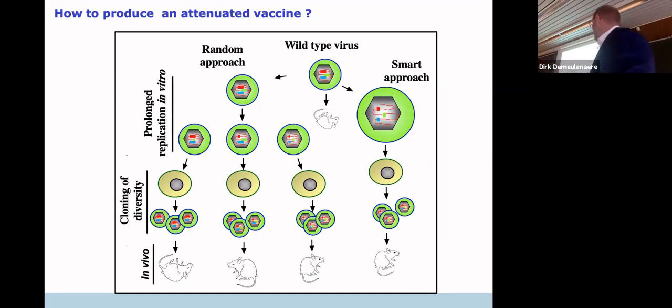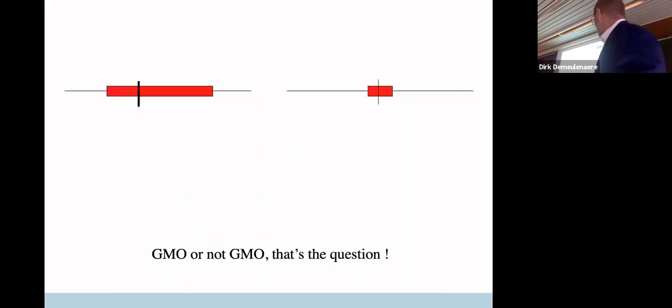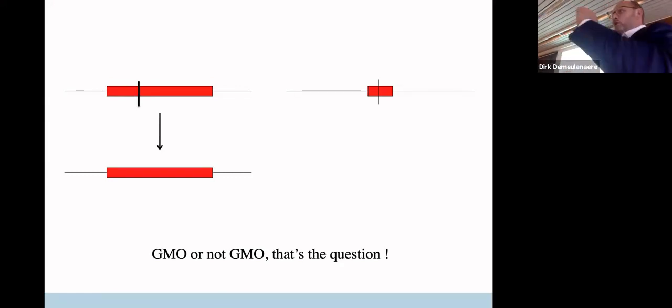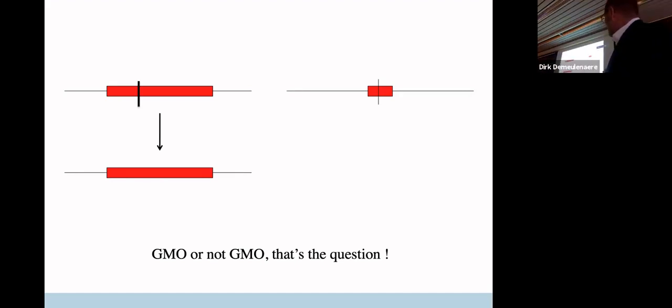Just to make sure you get the point, let's say we have one gene, which is essentially a virulence gene. You make a point mutation here, which is acquired by a chain of passaging the virus. That's accepted, while the risk of reversion is huge. If you have one point mutation in one way, it could go the other way. You take the gene, you remove the gene completely, that's a GMO, no risk of reversion,